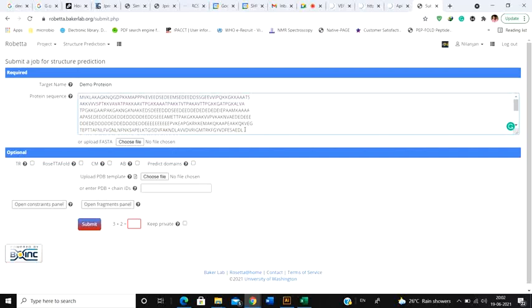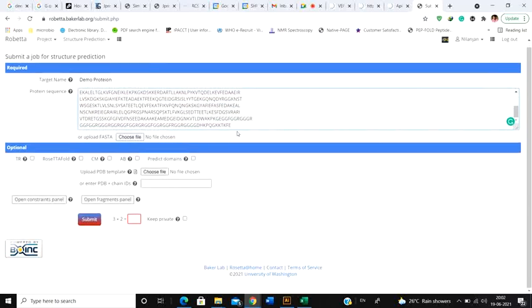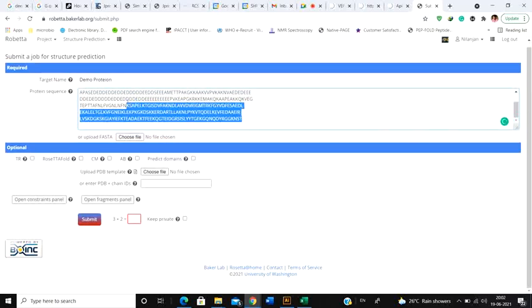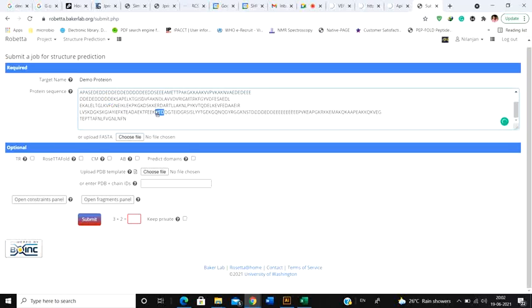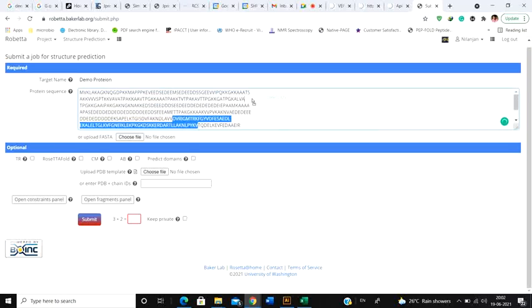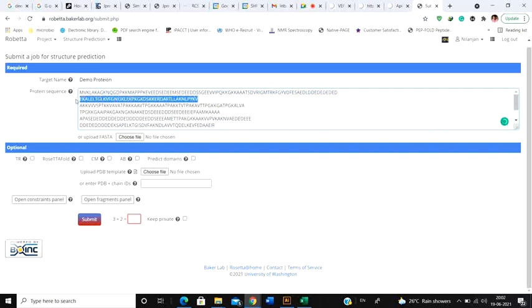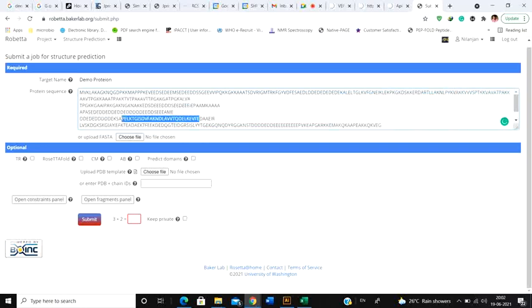Now obviously I'm going to make certain additions and changes so that it's not a similar protein. In your case, you have to find a protein that is completely different. This is how I am editing the sequence so that it becomes a completely new protein. So you have to upload the protein sequence. You get the idea, right?